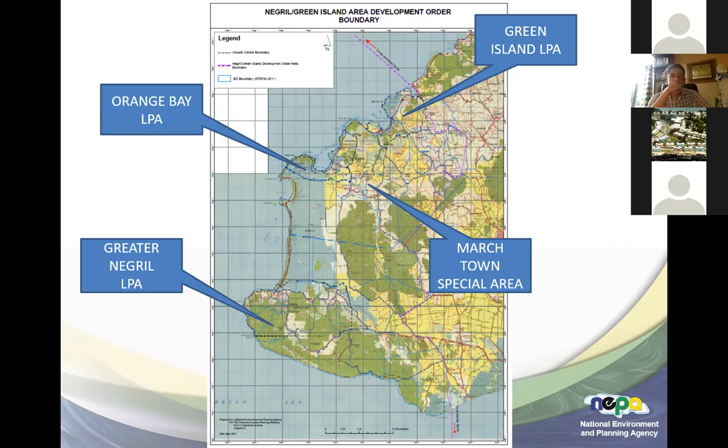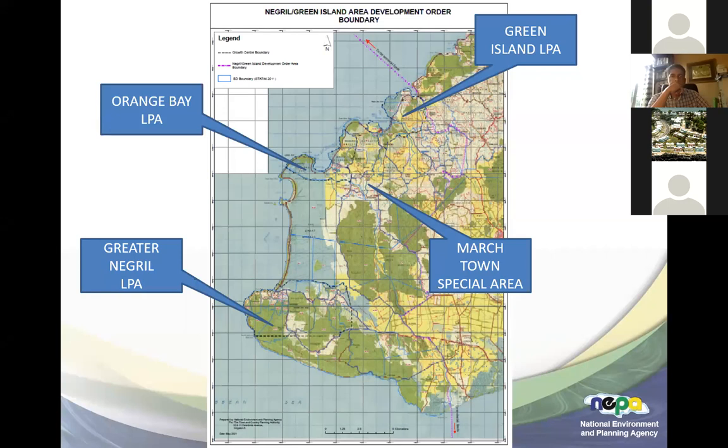Over the years, we have seen various subdivision applications within some of these areas. We have seen the establishment of more resort areas, but we are also very mindful of the environmental sensitivity towards that southern coast of Negril, and we want to pay special attention to how we develop those areas and to maintain some amount of order within that area.